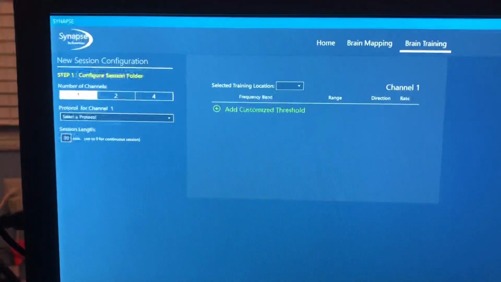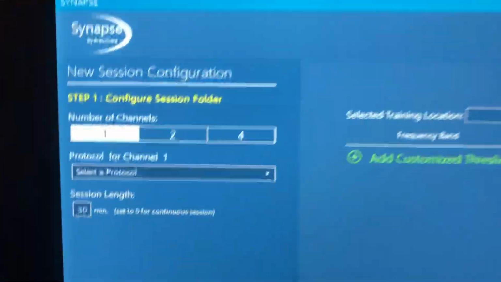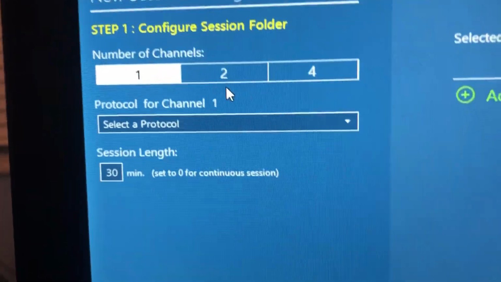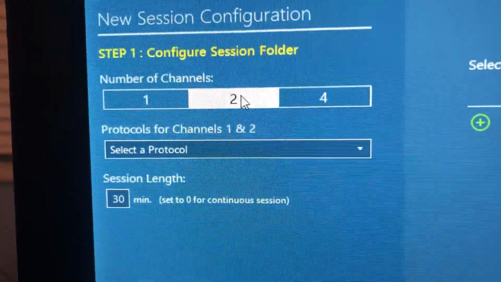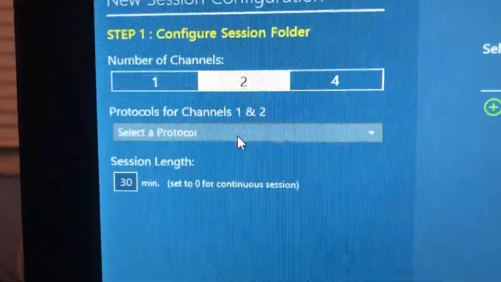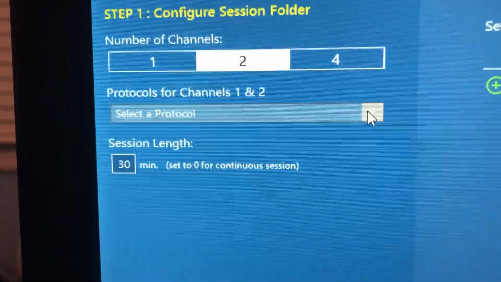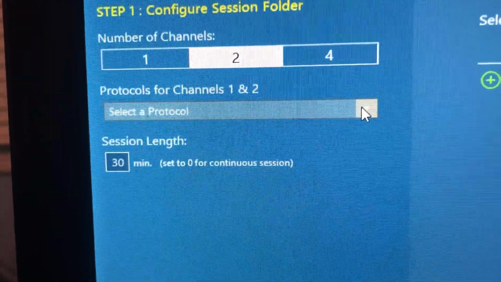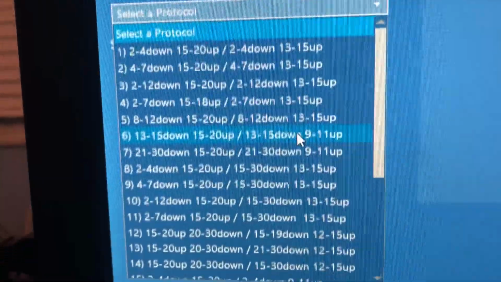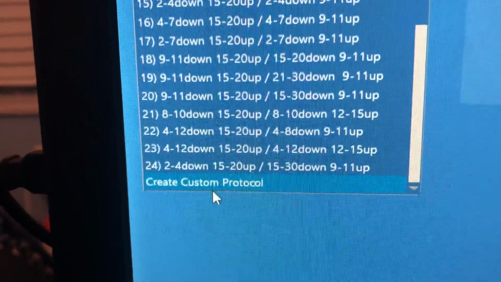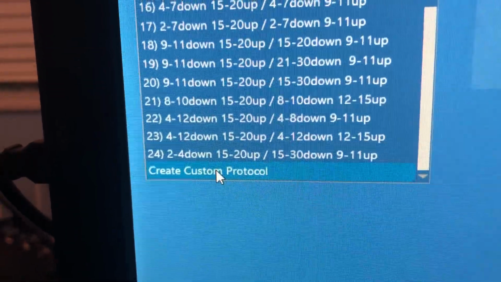And to make a custom program, you're still going to choose whether it's single channel or dual channel. In this case, it's going to be dual channel, all right? And the way you select custom protocol is just by going to the protocols for channels over here that you usually go to. But instead of checking a number, you're going to go all the way down to the end where it says create custom protocol, okay? So you click on that